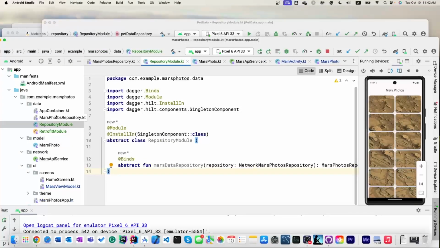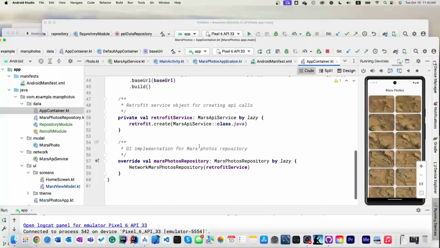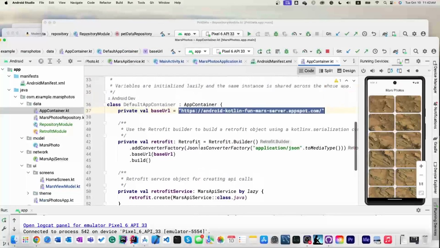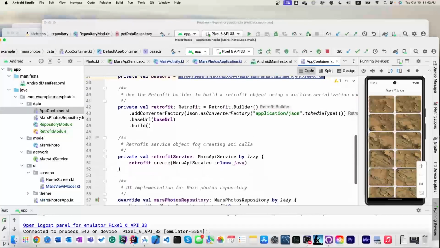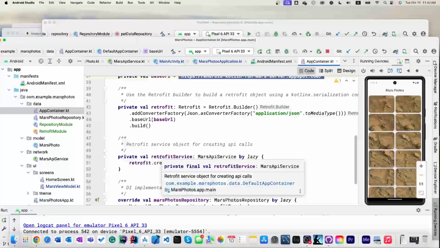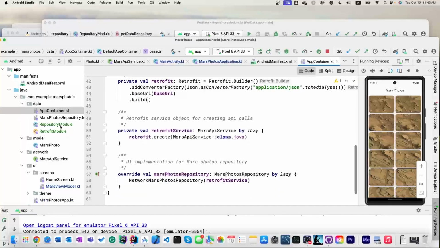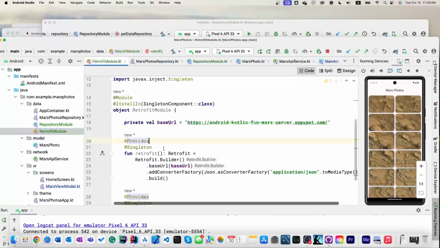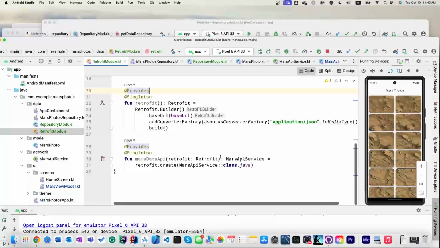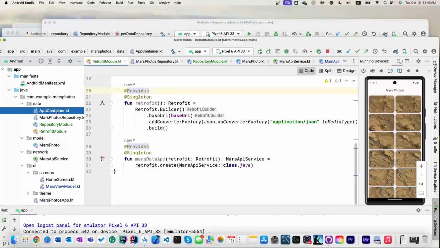Next. So repository is done, modules are done. Container doesn't contain anything else which is important. So at this level, we can delete it. But let's keep it for now. But it is probably time to delete it. Retrofit module. Already I copied everything. Let's